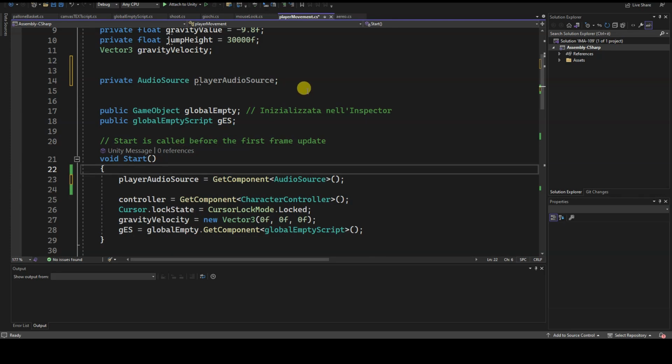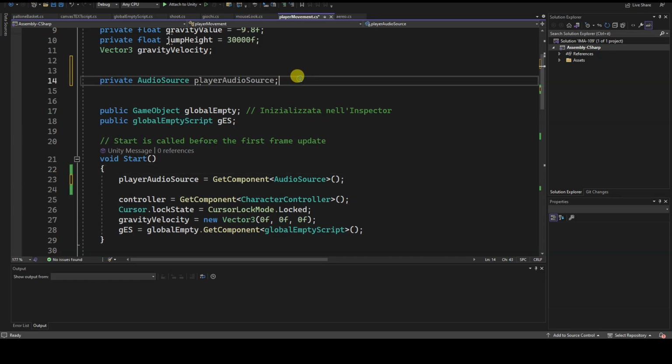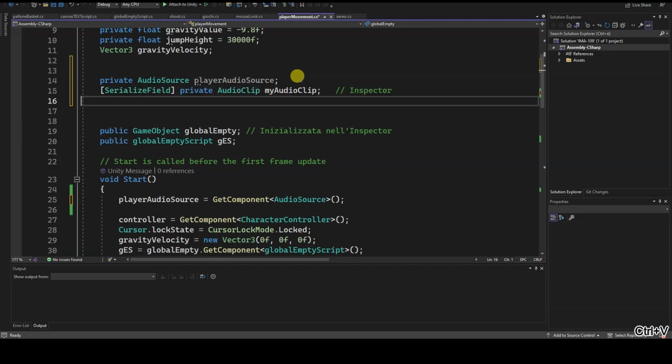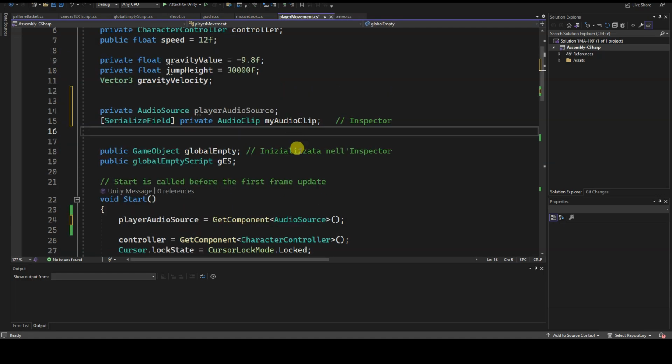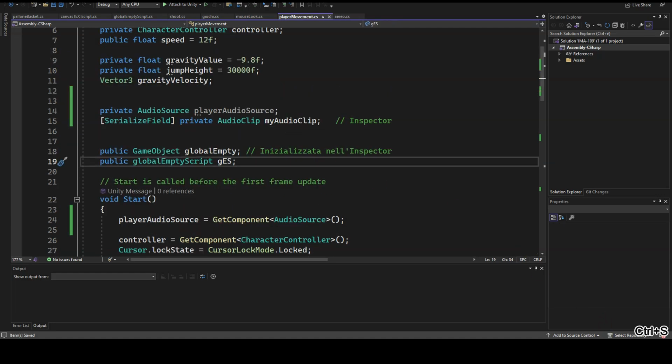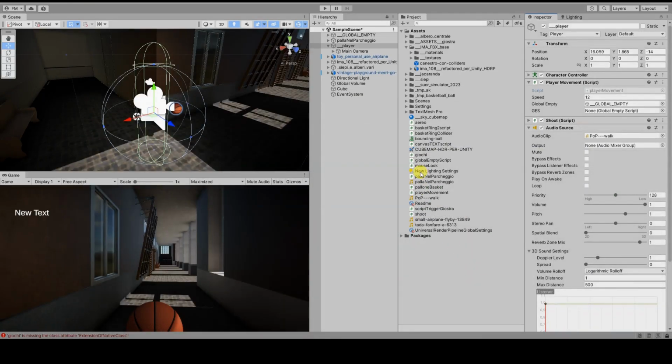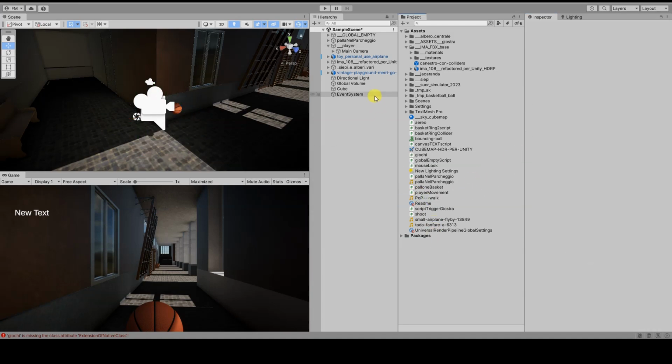I also need to create an audio clip variable to associate with the audio file that needs to be played. I'll call this variable myAudioClip and use the SerializeField attribute because I want it to be visible in the inspector. Immediately following the definition of playerAudioSource, I write the following line of code.